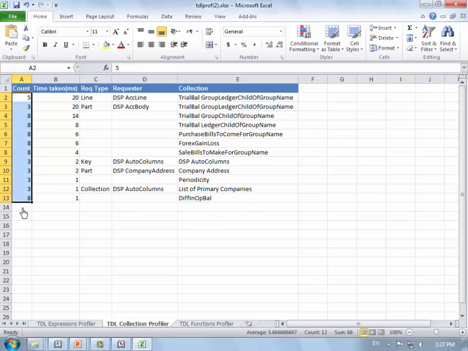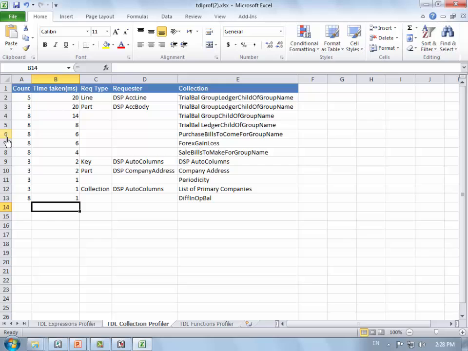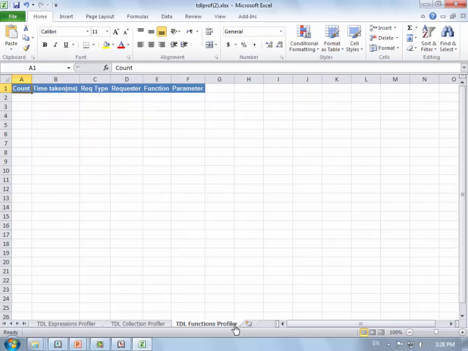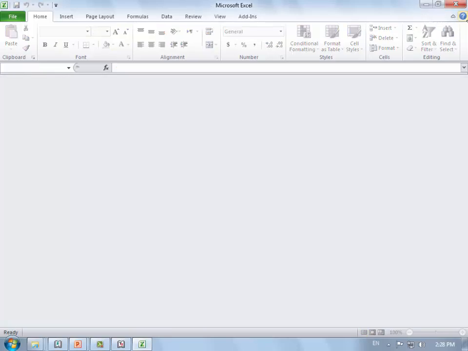Count, so you can just check the summation, how long does it take. So the total count comes up to 68 times, and the time taken will be max 85 milliseconds. Please note it is in milliseconds, ms. So which comes up to nearly 1.25 milliseconds, and there are no functions running. So this is how you can check for a profiler.